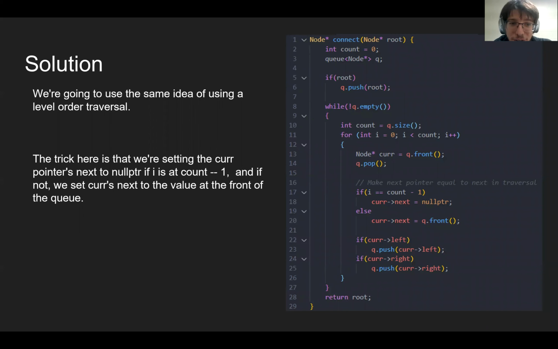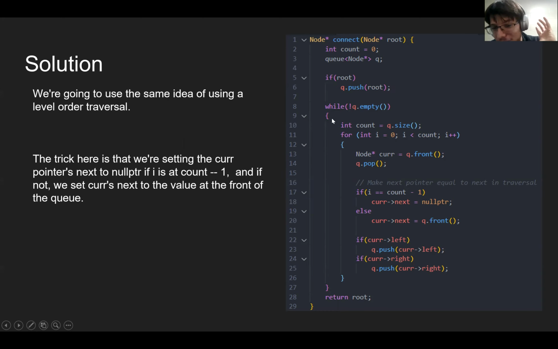So the idea is using a level order traversal. And again, the trick is we set the current pointer's next to the null pointer if i is at count - 1, and if not, we set the current's next value to the thing at the front of the queue. So as you go through the queue, it's exactly like what we just talked about. But let's walk through the code. If the root is not null, we push the root, and while the queue is not empty,